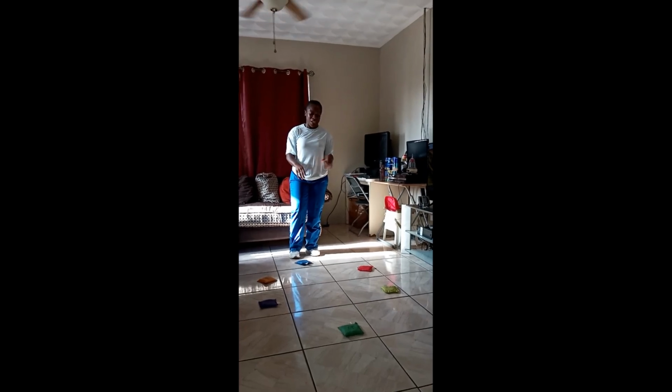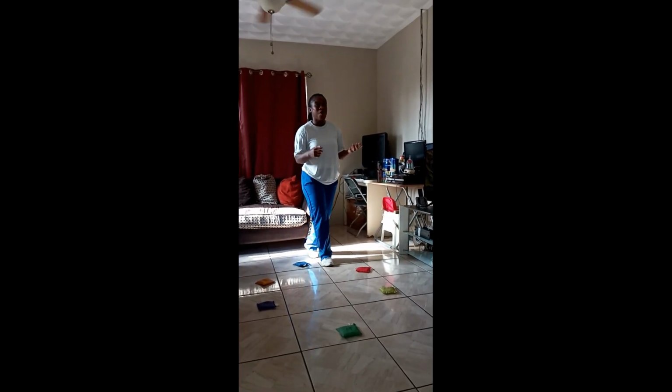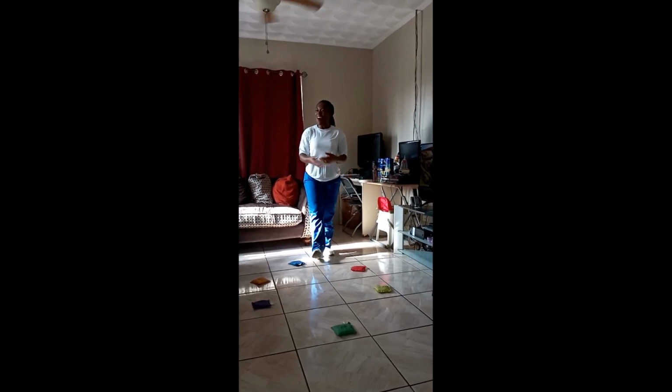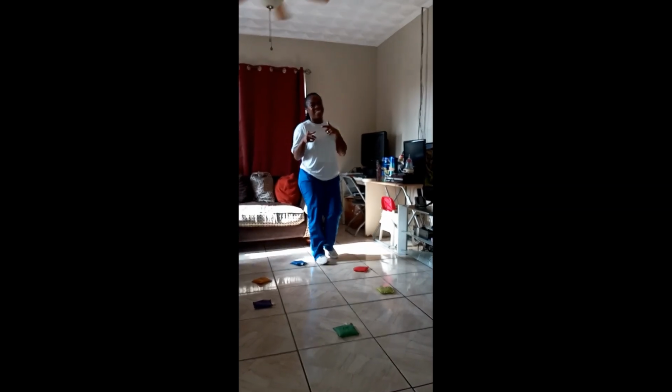Rainbow too. So this way, you're incorporating your colors in your PE lesson or in your PE session. Do you hop like a bunny or a kangaroo? Either way, hopping was fun. Now let's move on to